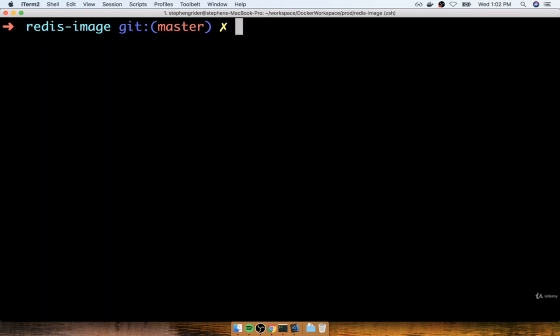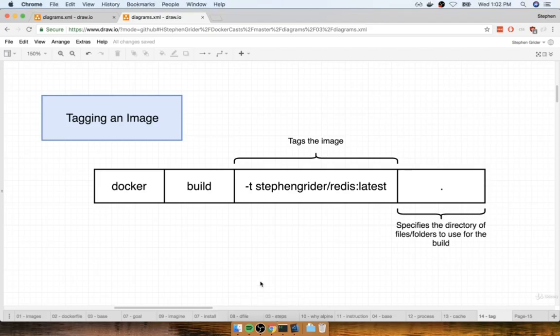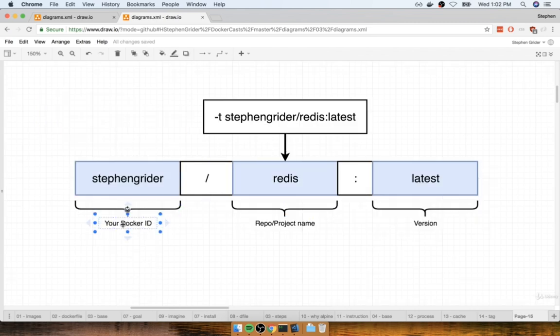So we can actually do the same by slightly changing the form of the docker build command. Here's what we're going to do. We are going to run docker build, and then we're going to add on this little argument right here that is going to tag the image that is created and make it a lot easier to refer to it by a name that you and I can customize. The convention for this is your Docker ID, slash the name of the project